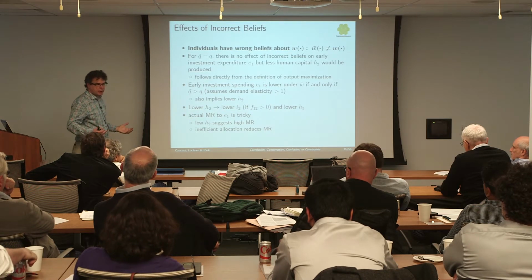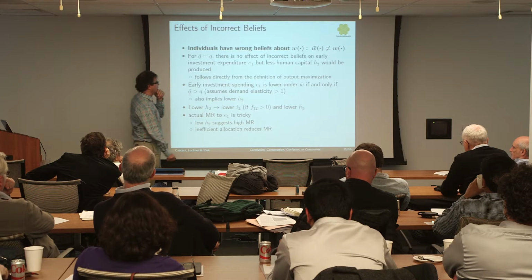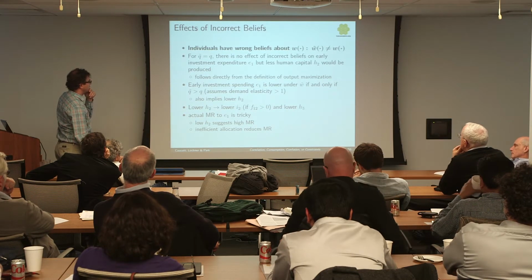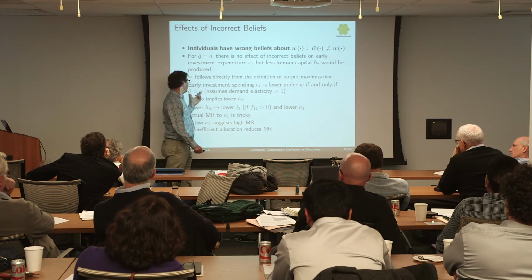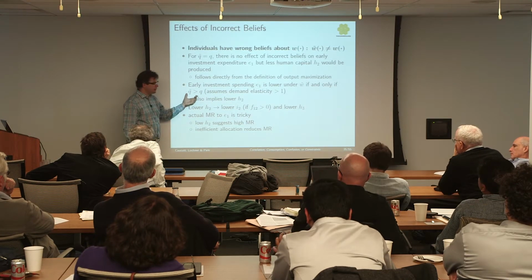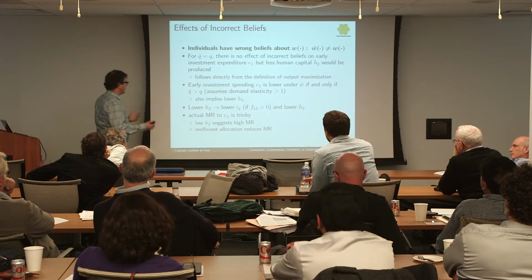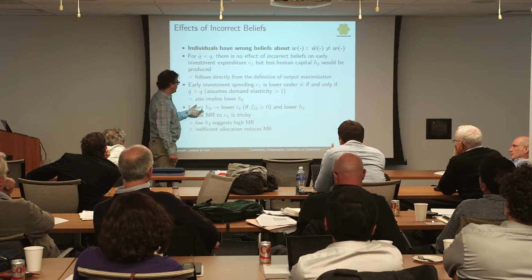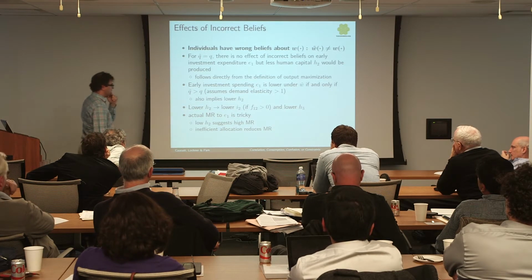And that's just a direct result of the definition of maximization. If you're maximizing the wrong function, you're not going to get as much out as if you maximize the right one. Investment's going to be lower if this implicit price is high, and then you can generate lower levels of human capital as a result.